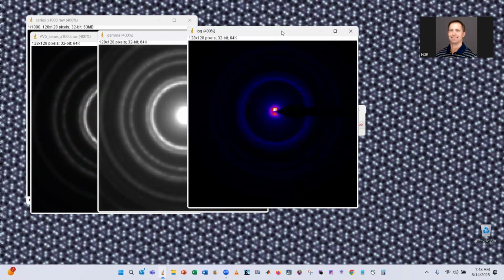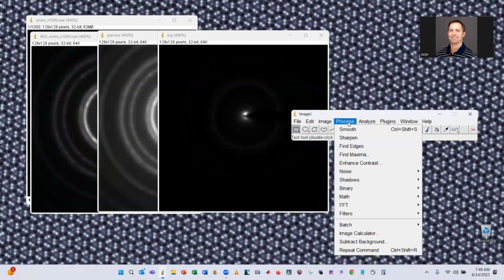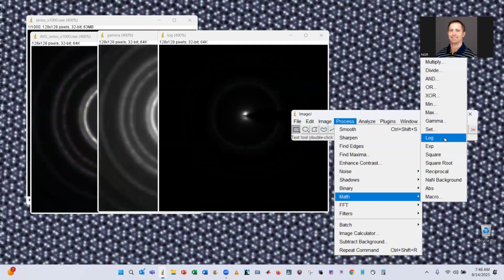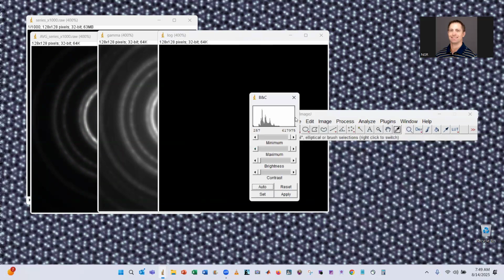And then if I find the log, let's put this to gray. And then you want to do process, math, and then log. The only stipulation with calculating log is that all of your pixels have to be greater than 0. So you can't have 0 or negative values or it will bark at you, I believe. But then we'll go to image, adjust, brightness contrast